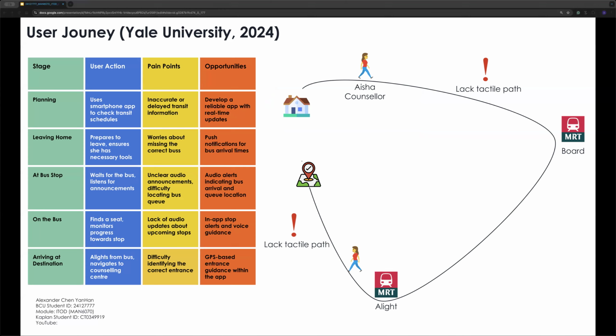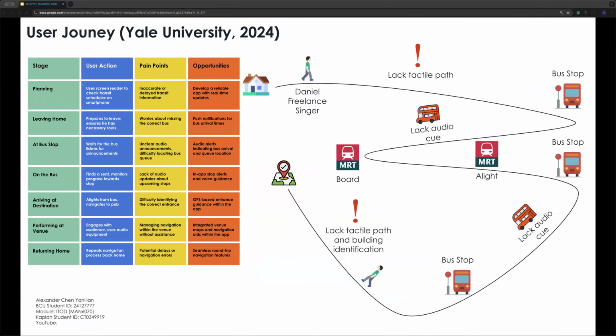or simpler voice prompts. Aisha's journey is a simpler one as she only needs to walk to the MRT station and again walk to the destination after alighting from the MRT. However, there's a lack of audio cues as she is on foot. Daniel's journey is more complex as there are more transits from foot to bus than to MRT. Not to mention, Daniel's profession as a freelance singer requires him to travel to different work locations, adding to